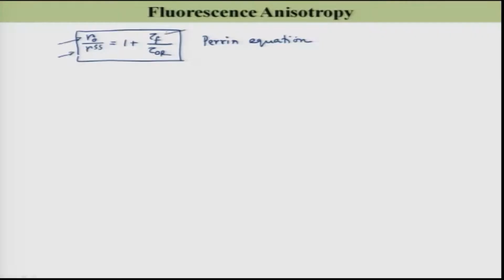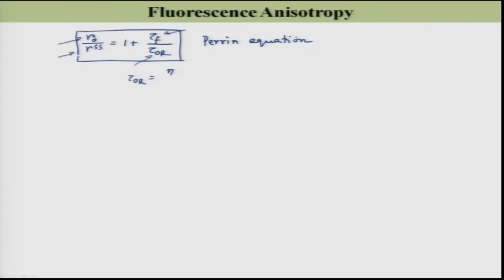A normal fluorimeter does not have a polarizer and analyzer, but if you can install them so that the excitation light is polarized and you analyze the emission, measuring the intensity in the perpendicular direction and the intensity in the parallel direction, then you will be able to calculate R steady state easily. And if you have knowledge of the fluorescence lifetime, then you will be able to calculate tau OR. Now, if you recall our Stokes-Einstein relationship,